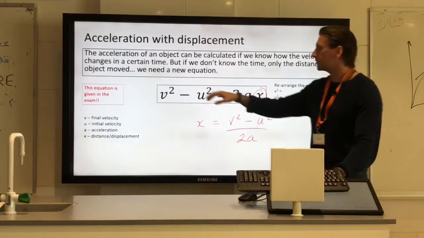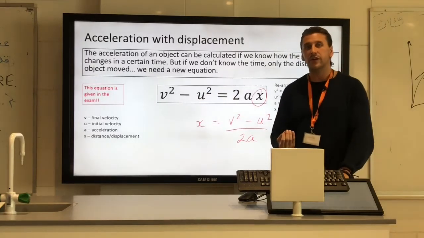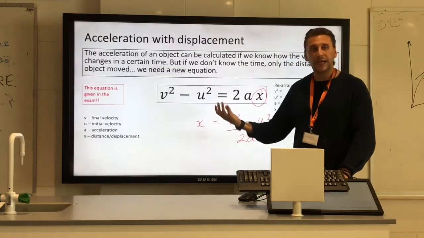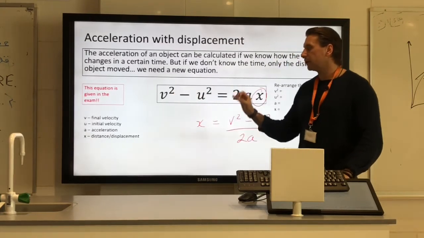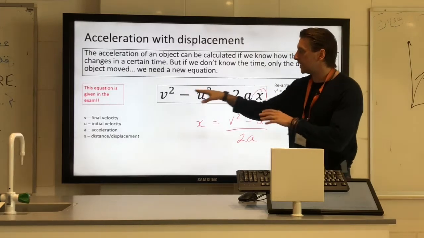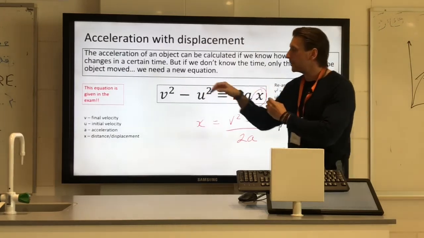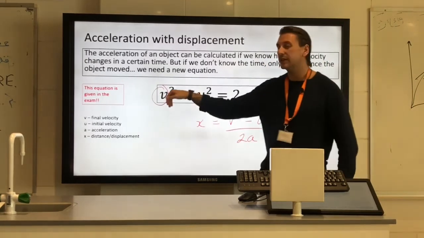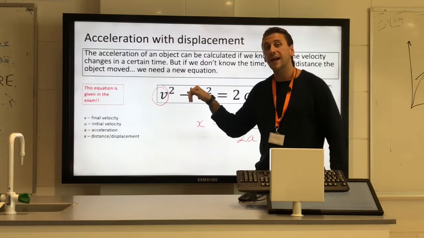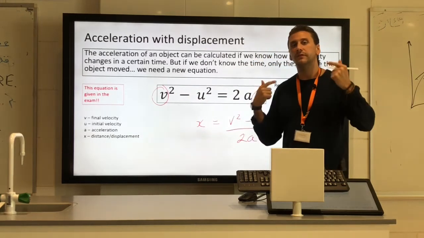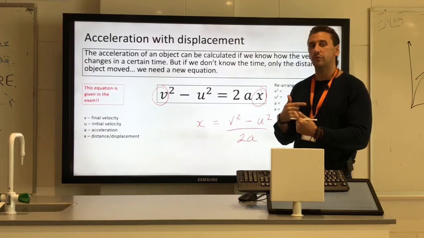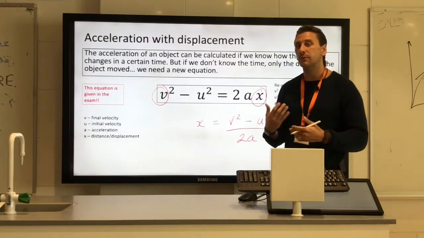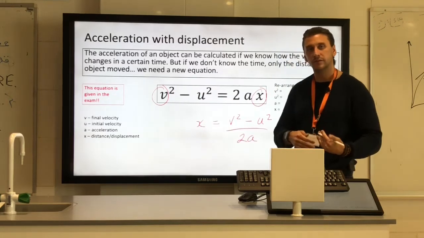I'm not going to rearrange for v squared and u squared. They've never asked for a rearrangement of this. But again, it is something they could do, so ask your teacher or practice it yourself. See if you can rearrange. I'll give you a clue. Do the same thing. If it's minus u squared, you have to plus it. But if you're looking for v, so for example, the exam asks for the v, the final velocity, there is a squared on here. Think about what the opposite of a squared is, and it should be the square root. All right, so try and rearrange the equation for v, knowing that there'll be a square root in there when you get to v squared equals. You have to square root it to find v,